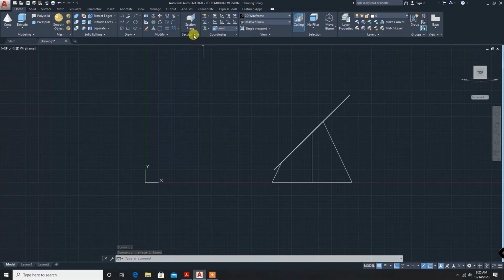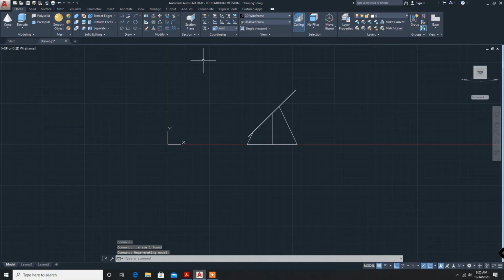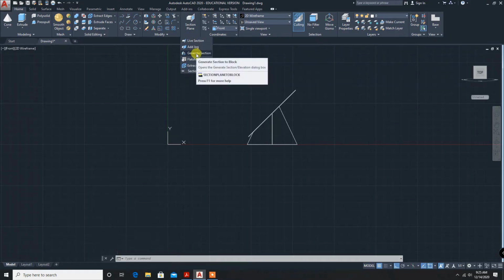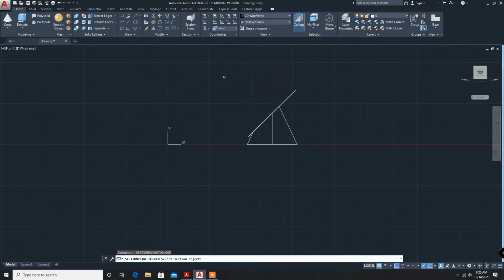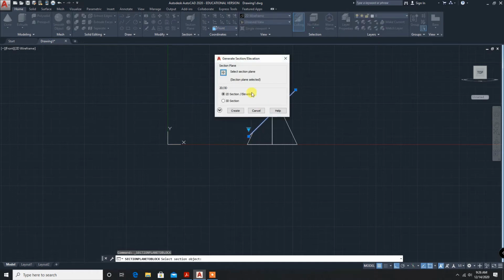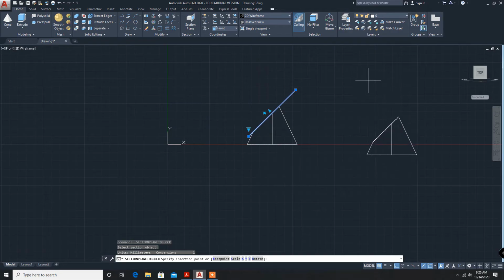Next, I want to generate the section, so click on generate section. We have to select the sectional plane, and whether we want 2D or 3D section. I will click on 3D and click create, and you can click anywhere. Now it is asking X factor. The default in my system is showing 1.